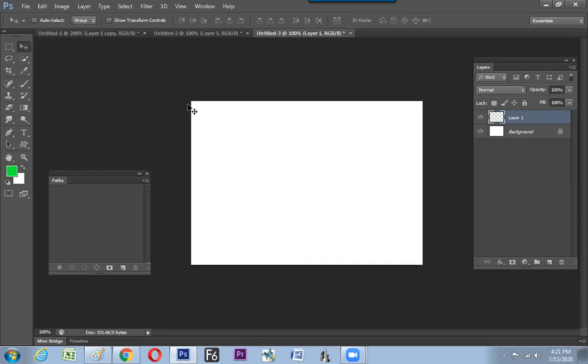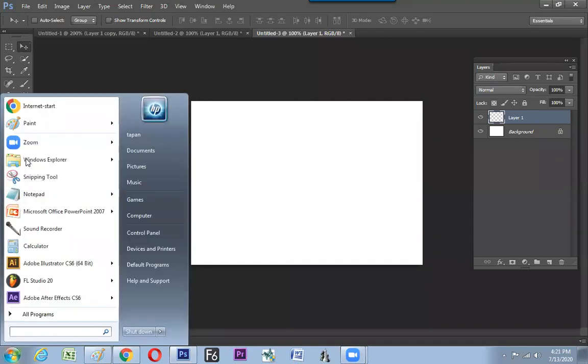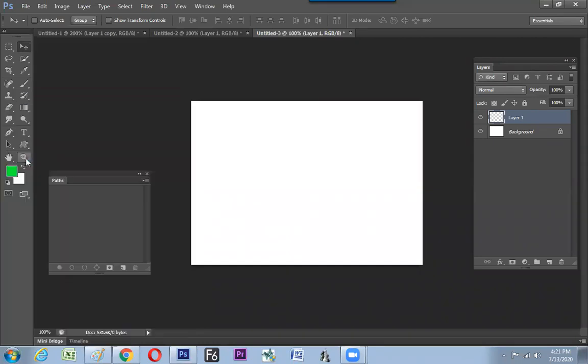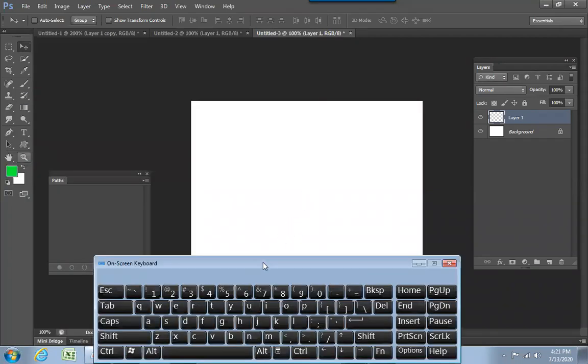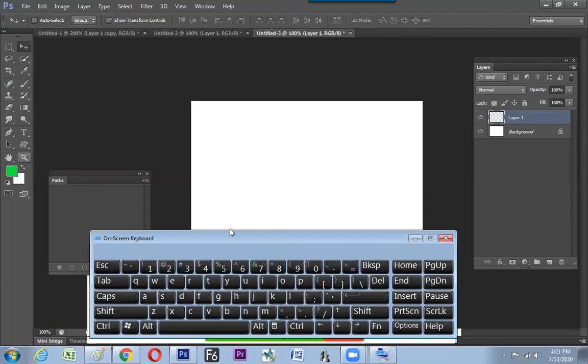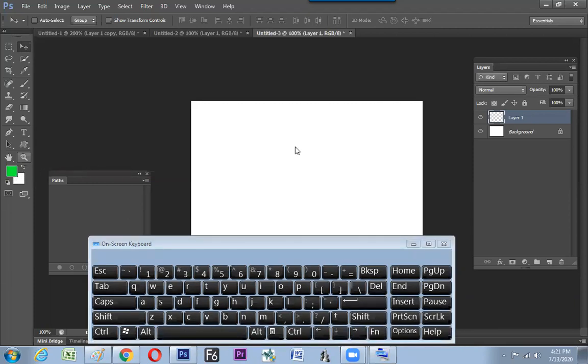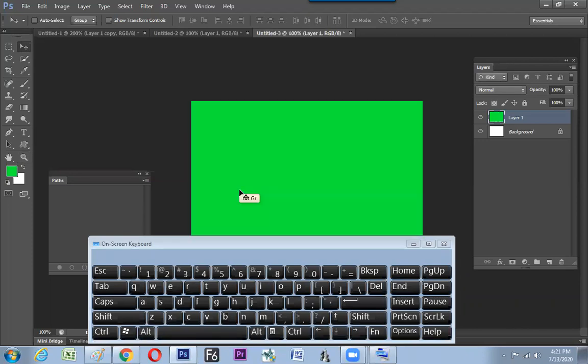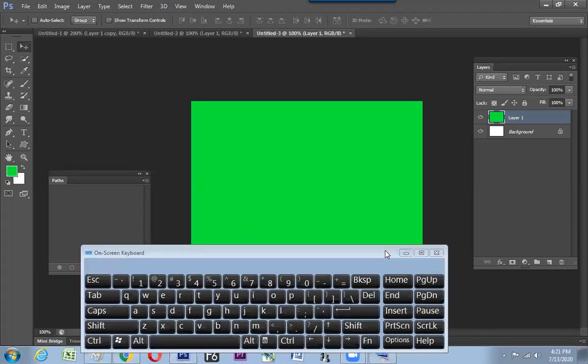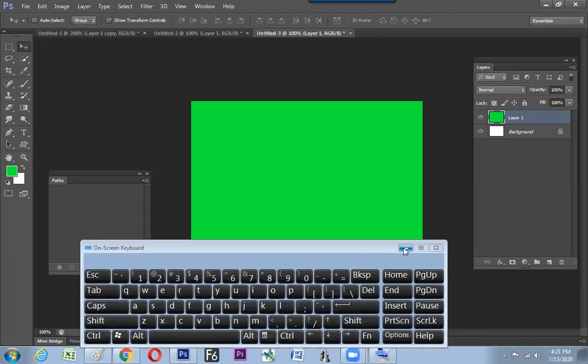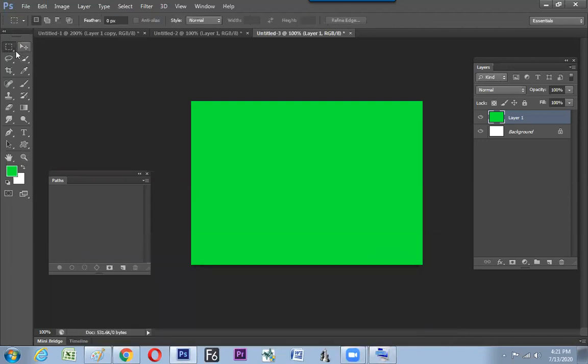We have filled the layers. How to fill the layer? Alt. What? Alt and which button? Are you getting my voice? Sir, repeat the question. How to fill the foreground color on the screen? Alt backspace. Great. So nice. Select all the layer, Control A. Yes, yes, great. So like you are sensitive and let's delete some of the portion.